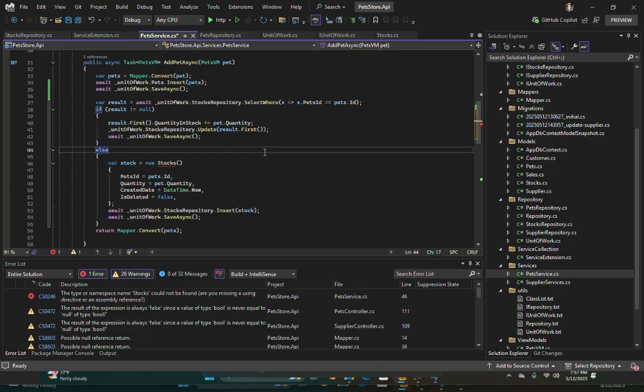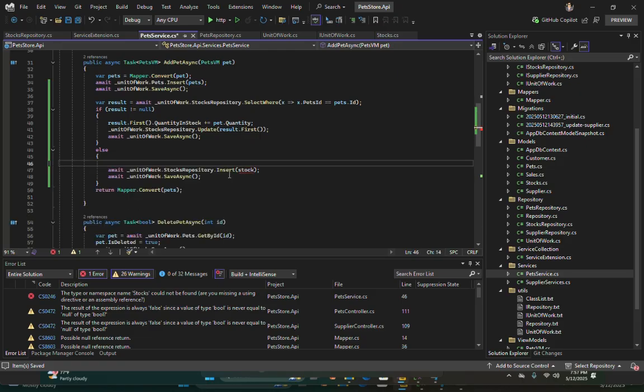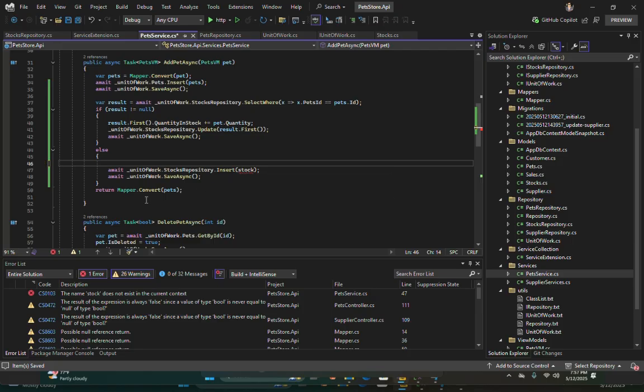Else, if we do not find anything in the result, we need to insert the stock.